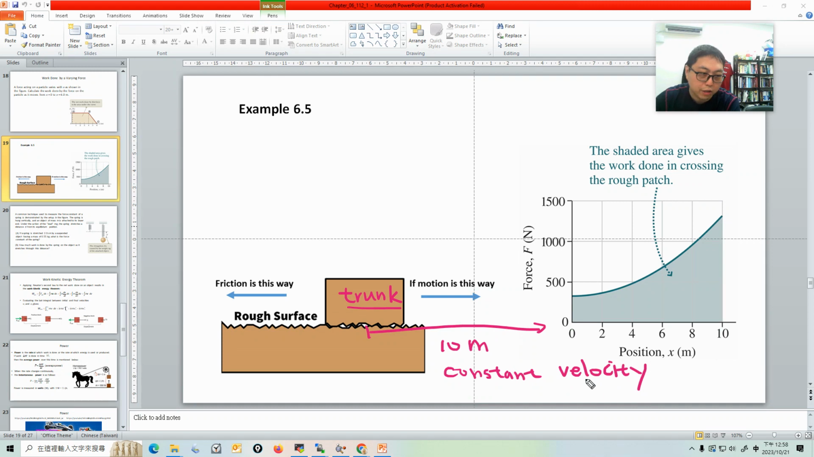Let me check, is it trunk or truck? Example 6.5. Okay, trunk. And the mass of the trunk is 180 kilograms. They want to move this trunk over a rough surface of 10 meters at constant velocity, and they want to calculate the work. It also states that the rough surface's kinetic coefficient is a function